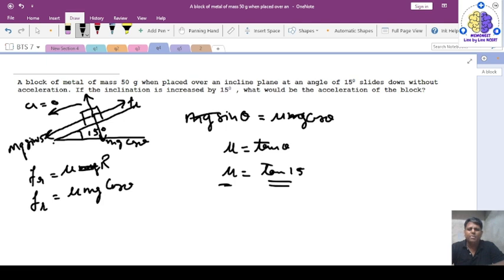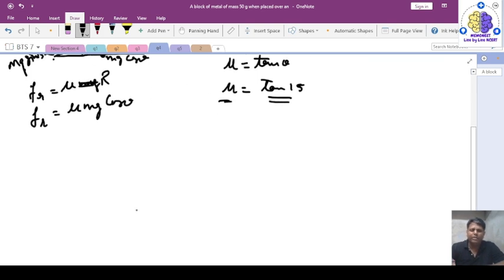Now they are saying that it is sliding down without acceleration. Now if the inclination is increased by 15 degrees, what would be the acceleration of the block? They are saying that it is increased by 15 degrees. So if we are increasing it by 15 degrees, now the angle of inclination becomes 30. If this is 30,